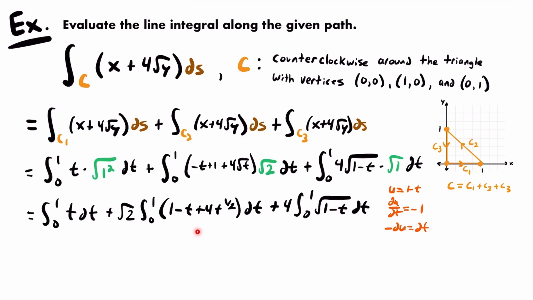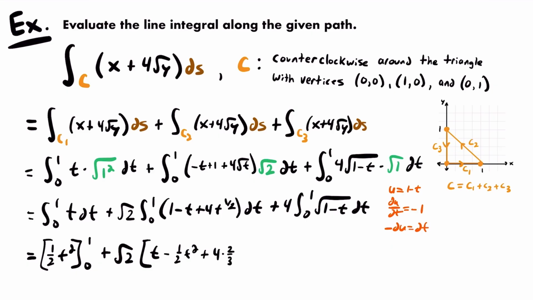Let's begin integrating these other integrals. This is going to be equal to 1/2 t squared evaluated from 0 to 1. That's just using the power rule of integration, which we're going to use again for this next integral. We have the square root of 2 times t minus 1/2 t squared plus 4 times 2/3 times t to the 3/2 power evaluated from 0 to 1 plus 4 times the integral,